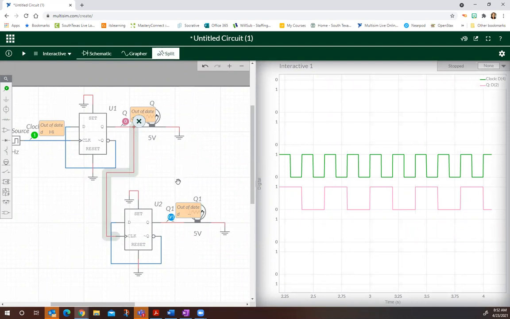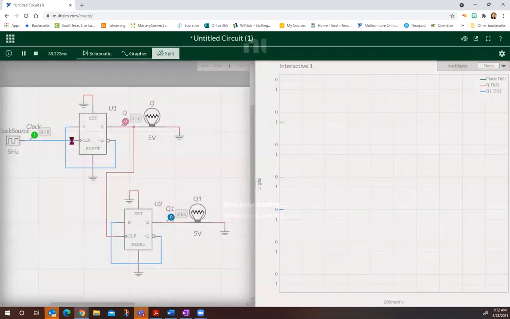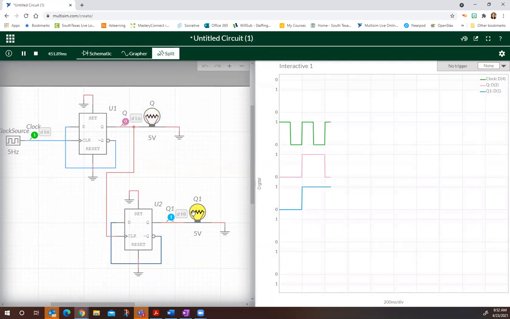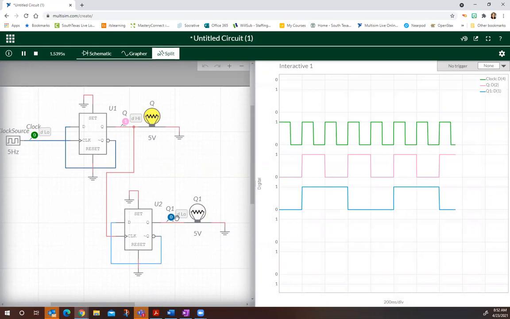Let's plot what happens. Since the input frequency of the clock gets halved coming out, I want you to notice that the frequency of this second Q over here in blue is going to be half of the pink one. So the original clock frequency becomes divided in 2, or halved, and then this one becomes halved again. So the original frequency is divided by 4, as shown on the blue signal. And we can keep adding